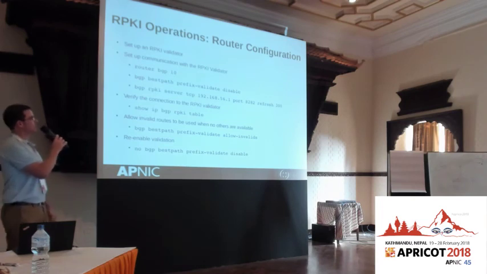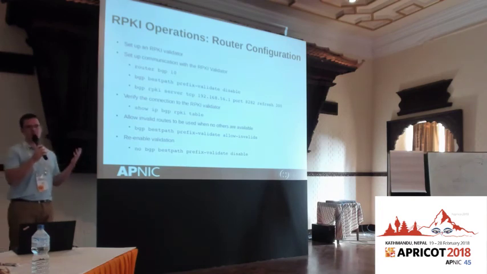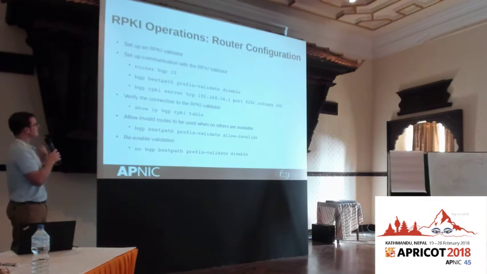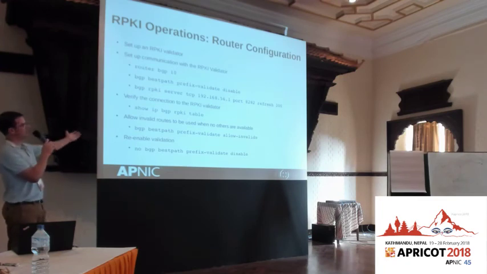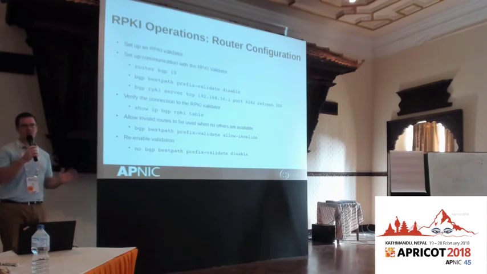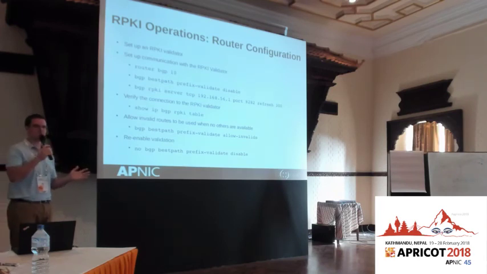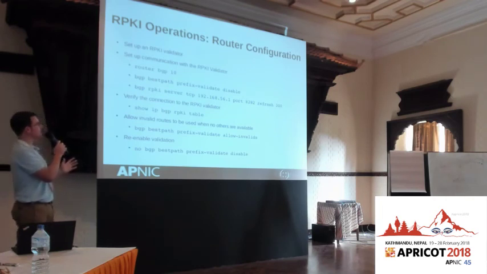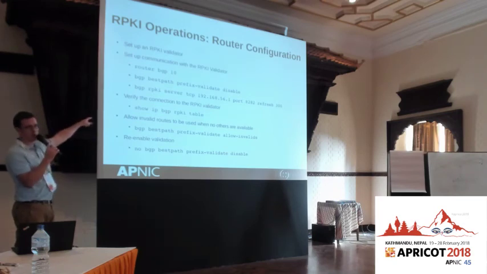So once that's set up, you switch over to your router. These commands are all for a Cisco router. You switch to BGP, so AS10, just as an example here. You turn off prefix validation, or rather ROA prefix validation, so that nothing happens during the setup phase, so routing isn't upset or affected. And then you connect the router to the RPKI router server. Most of that is self-explanatory.